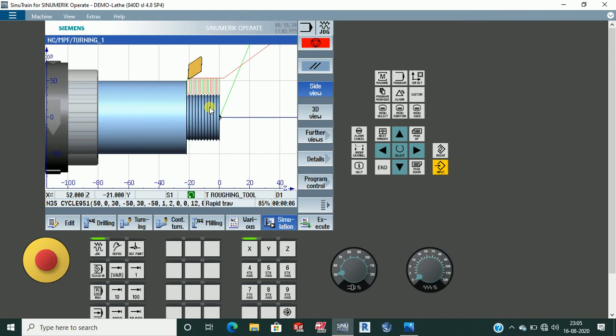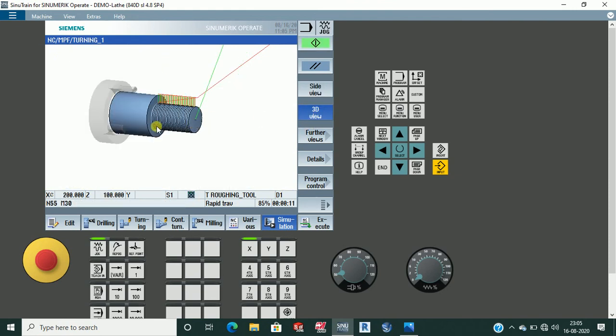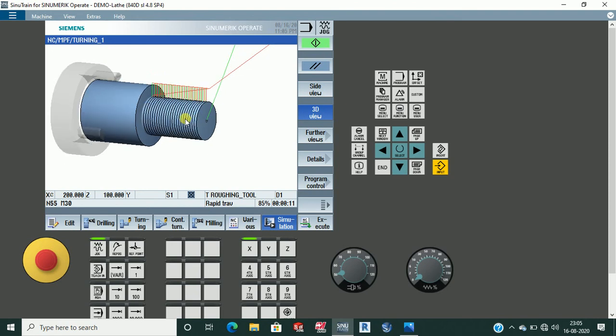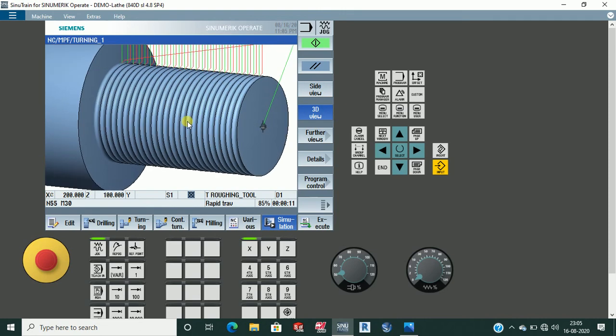I told about roughing and finishing, so this is the difference. From dia 50 to 30, we have taken a length of around minus 50, from here to here. This is roughing. If we do the finishing after this, the whole will be finished.